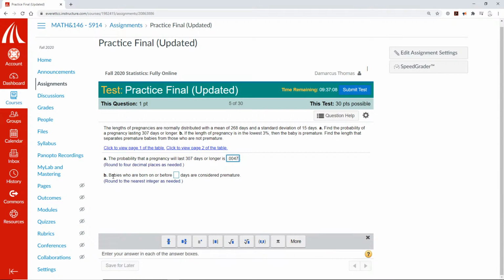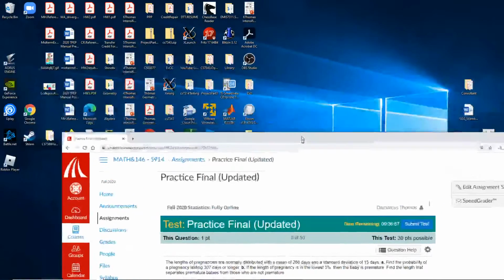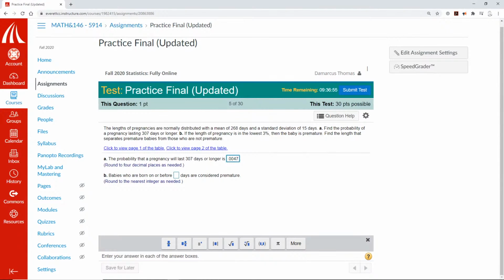Part B. Babies who are born on or before blank days are considered preemie. So it says if the length of the pregnancy is in the lowest 3%, so that's what we need to do, is find the,